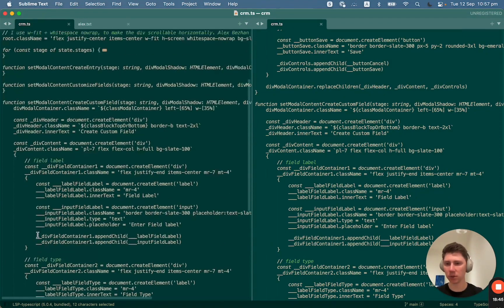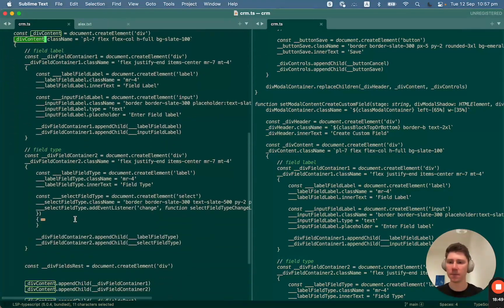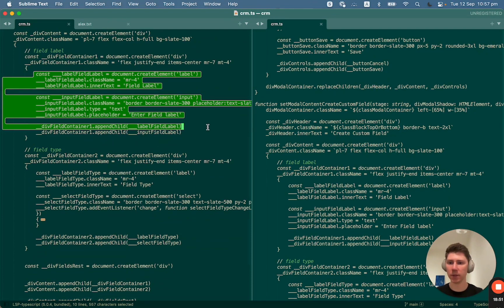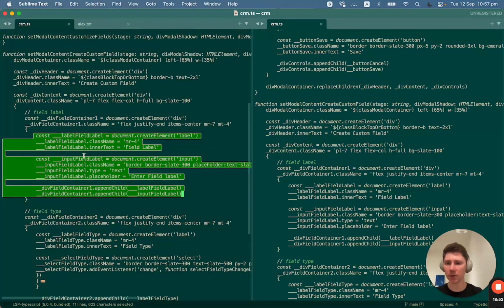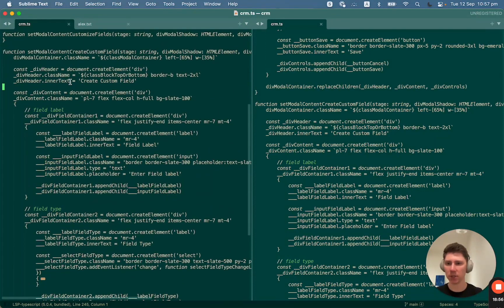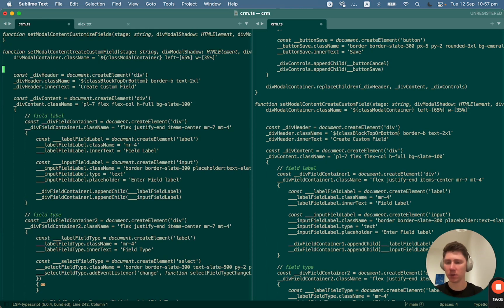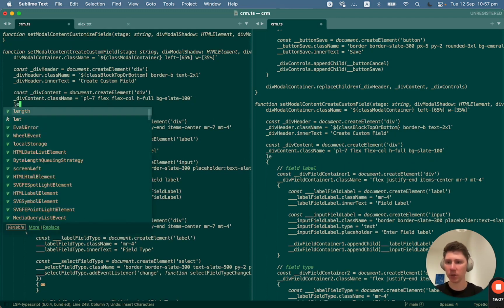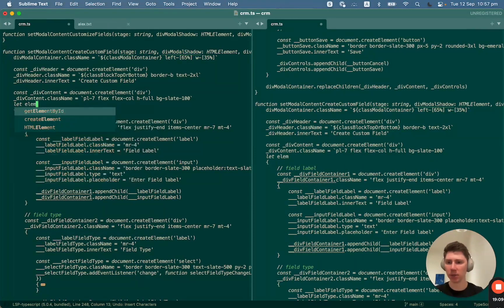This is in controls container and this is in content. These are local variables, so I cannot just directly reference it. So I just want to create, probably over here, maybe over here, I want to create elements,